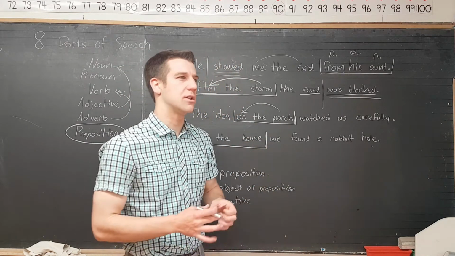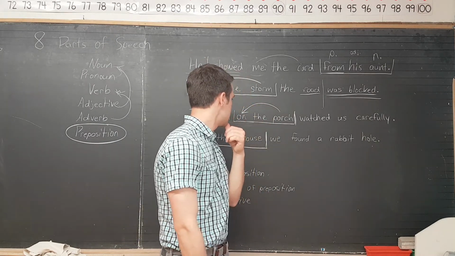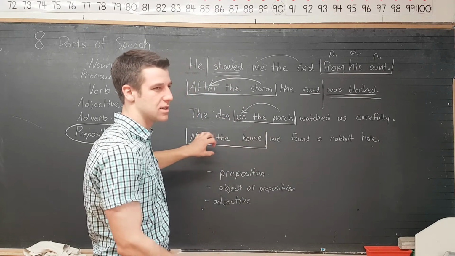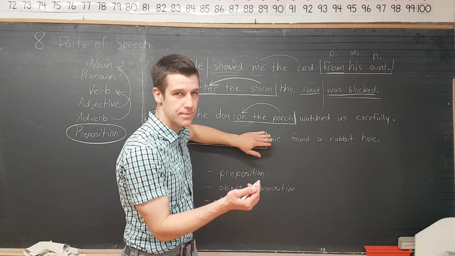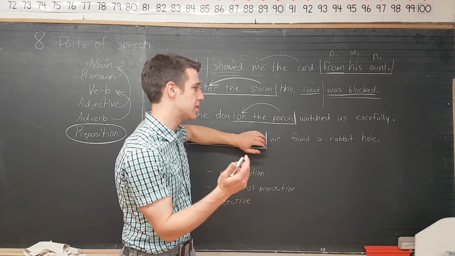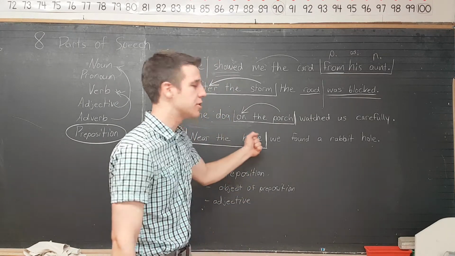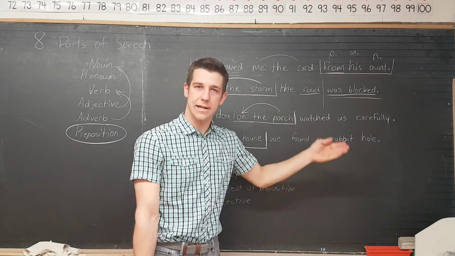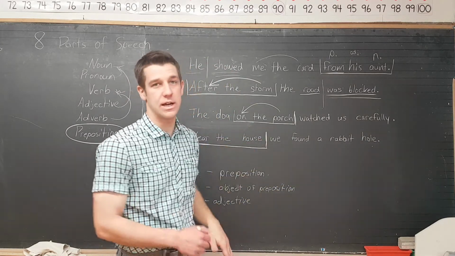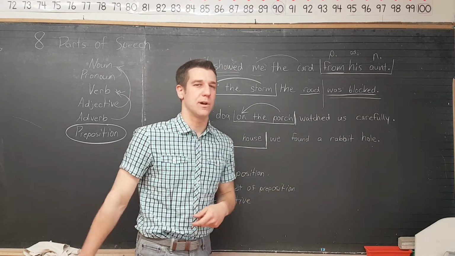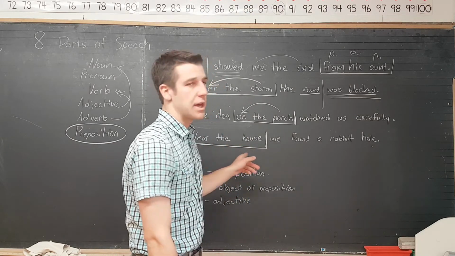If you have a phrase and you're like, I don't know if that's right, how do I tell? You can take away that phrase that you got, rip it away, and say the rest of the sentence and see if it makes sense. We found a rabbit hole. Makes perfect sense. It's a complete sentence, right? Near the house, we found a rabbit hole. That adds to the sentence. It tells where we found it. So if you can take the prepositional phrase away and it still makes sense, you know you probably have the right one. If you take the phrase away and it doesn't make sense, then you know you probably have the